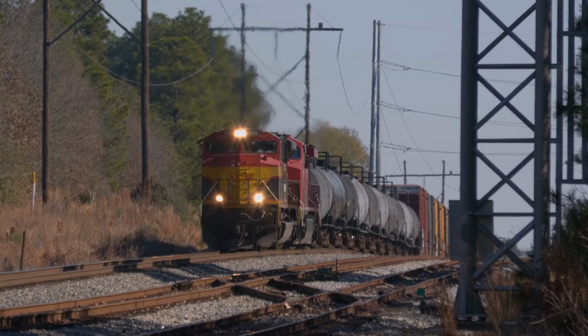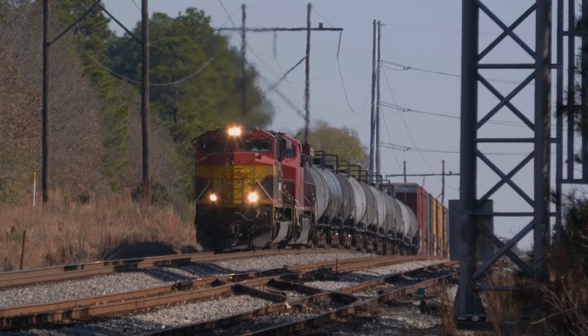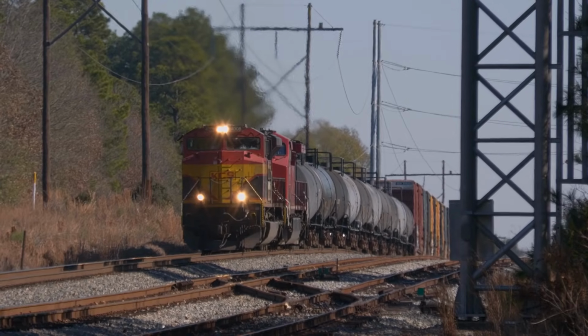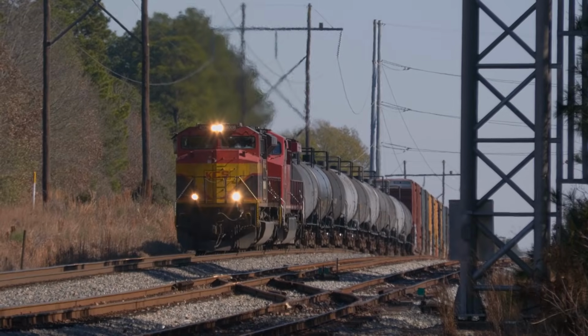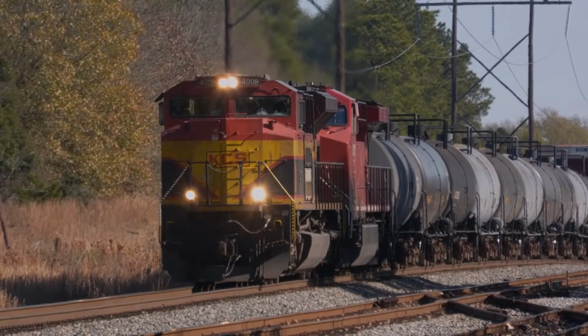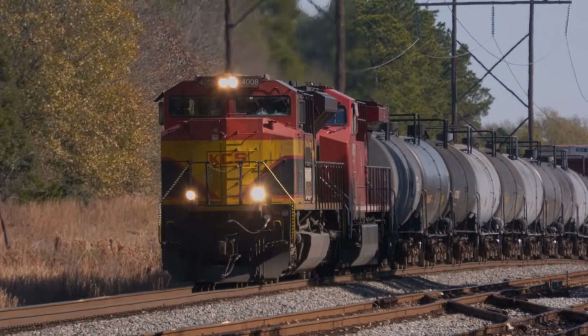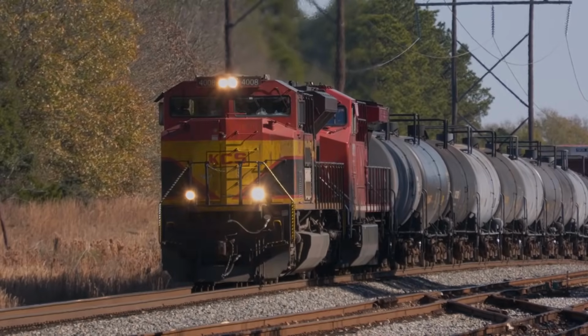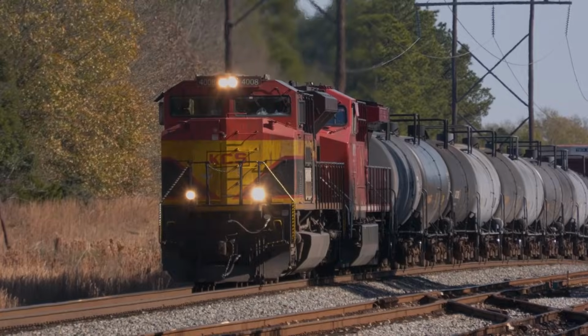M267 has a final destination of Shreveport. It originated from Artesia, Mississippi, and hauls various commodities through the Magnolia and Bayou states. KCS 4008 here was among the first batch of SD70 ACEs ordered by the Kansas City Southern. After demonstrating the locomotive, KCS would purchase 30 from EMD. This first batch was numbered 4000 through 4029 and were built in late